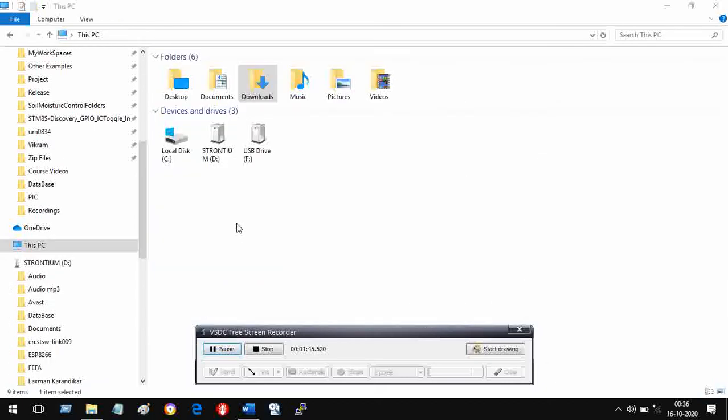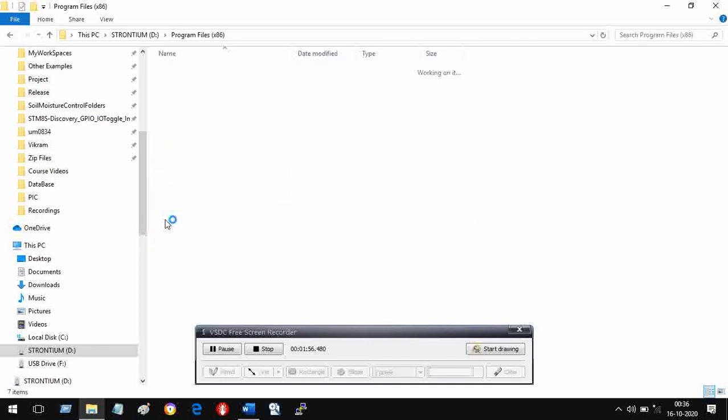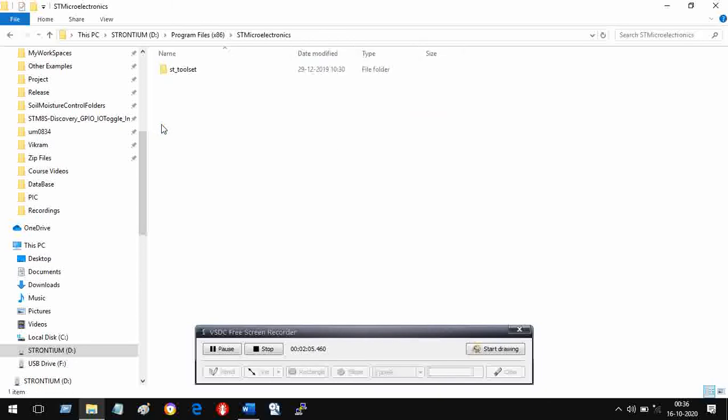In my case, I have downloaded and unzipped it into my D drive. In the D drive, you'll find Program Files. You will also find Program Files x86. There you will find a folder, ST Microelectronics. In this folder you will see ST toolset,